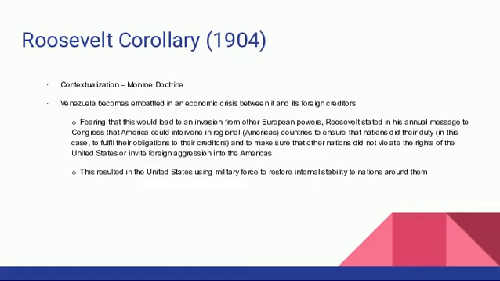Roosevelt Corollary is a common one. It's basically where we violate the Monroe Doctrine, but we didn't violate the Monroe Doctrine because that was only for Europe. So basically, remember Monroe Doctrine, which I would highlight the contextualization because that's the more common one that you'll see. The Monroe Doctrine says that Europe can no longer be involved in American affairs, but can America? Yep. And the Roosevelt Corollary says that. So America says it's our responsibility to now protect the Americas from Europe, so we are going to send our military to stop them from going in. Unfortunately, this also allows America to come in.